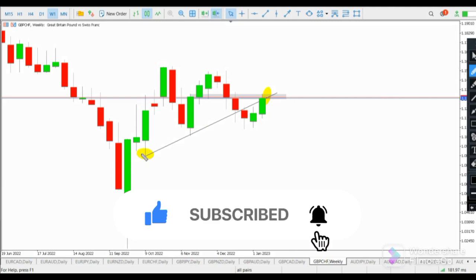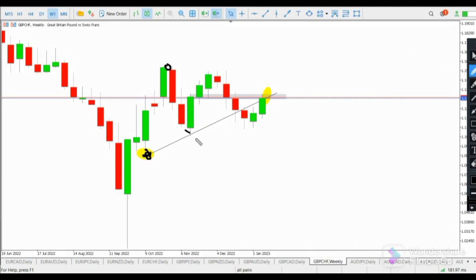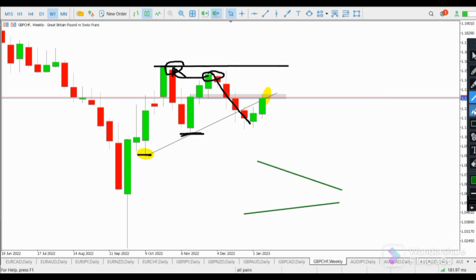So let's get started. Here we have a low, a high, a higher low, right? So naturally, in this case, we would expect a new higher high, but that's not what price did. After price created this low and this high and this higher low, the market failed to break above the previous high, and that's creating a lower high compared to the previous high, and that's when price started pushing to the downside. So in this case, we can clearly see that what the market created here was a form of